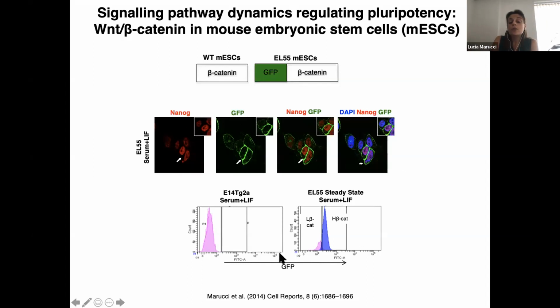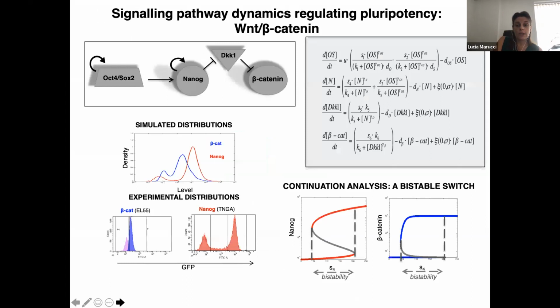And also when we looked at thousands of cells by flow cytometry, we noticed the presence of a low population and a high population of beta-catenin expression as compared to negative control. Not showing this here, but we also performed time lapses where we observed that cells with low beta-catenin were able to switch it on and vice versa. To make sense of this heterogeneity and fluctuations in time, we developed a model